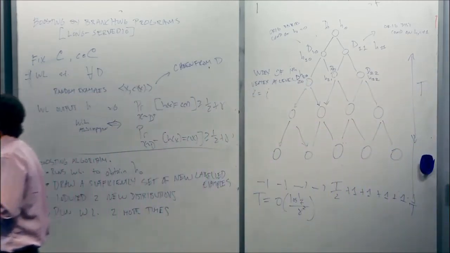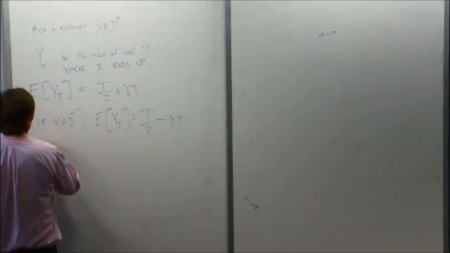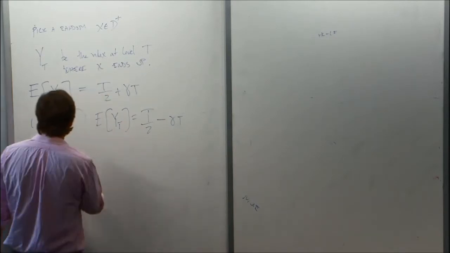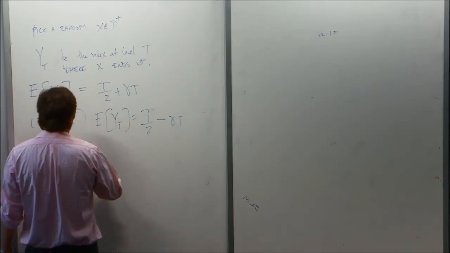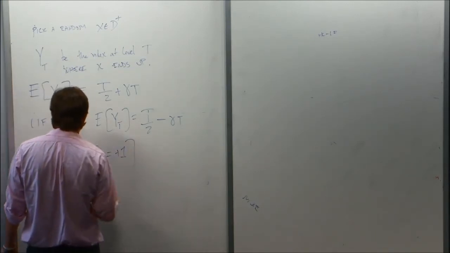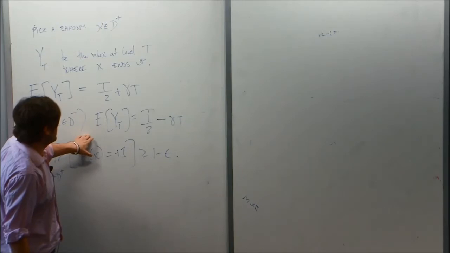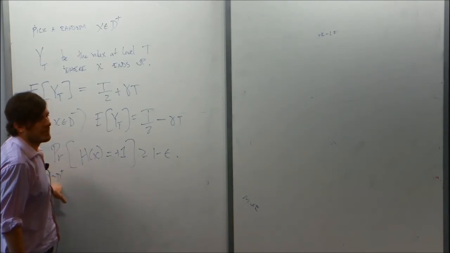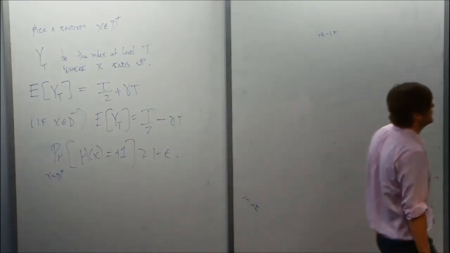Okay, simple. But remember, we wanted to say that if h, we want the probability, when x is drawn from D+, that h of x says +1, to be at least 1 minus epsilon. So we want to say with high probability, this branching program is going to correctly label x from D+.